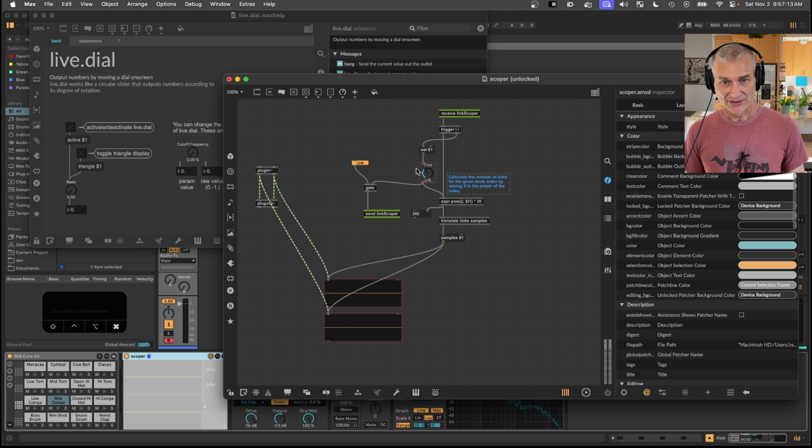Okay, so what we can do is change this value. We see everything working properly. We're not getting any errors. If there was an infinite loop, we would get an error here in Max. Okay, so we are receiving this, but